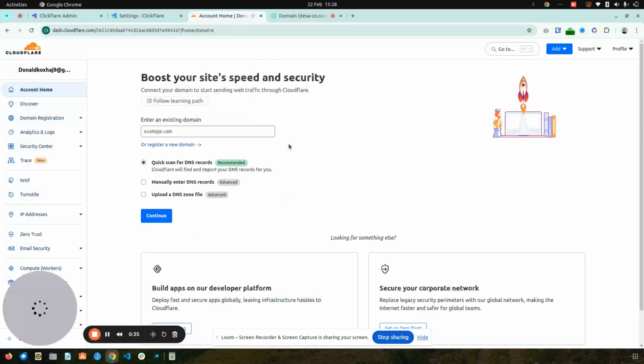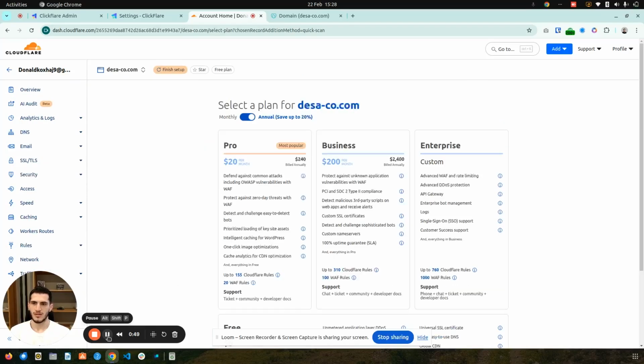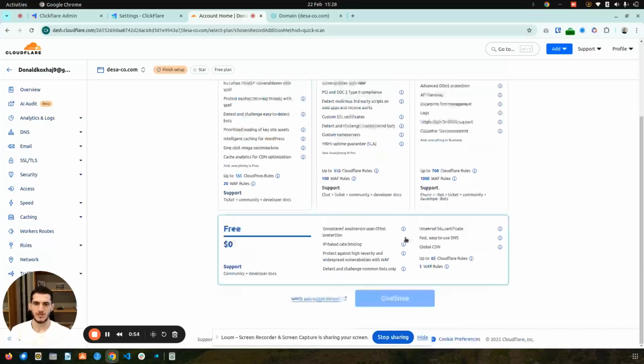on Cloudflare. And after you do that, you will see this homepage right here, and you are going to be pasting your domain and give it a quick scan for DNS records. Click continue, and if you see these pricing plans right here, don't panic, scroll down, select the free option and